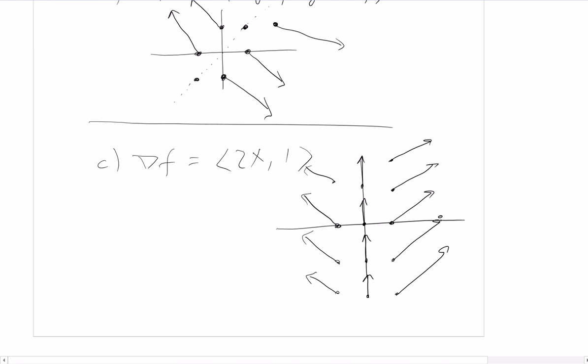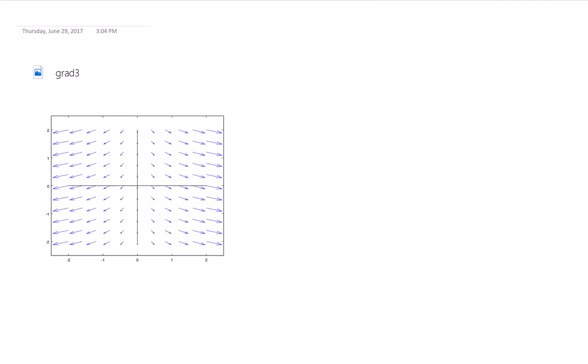And if we go, say, to x equals 2, they'll be 4 comma 1. So it'll be less steep, closer to being horizontal. And if we draw enough, you'll see something